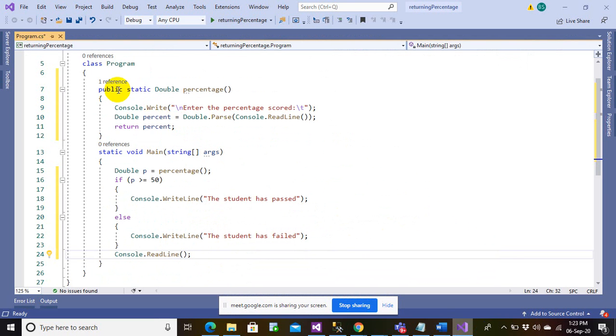And this is what I have done. I have created a function called percentage of return type double, and this function reads the percentage and returns whatever we have entered. Then in the main program I am storing the value returned from the function in a variable, and I am checking if the percentage is greater or equal to 50, then the student has passed, otherwise the student has failed. Let's run and check.